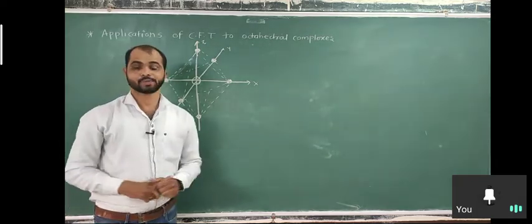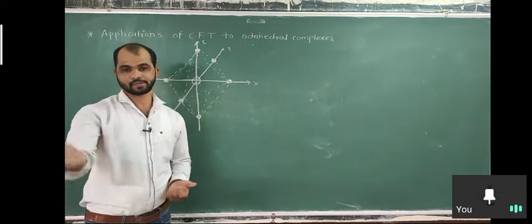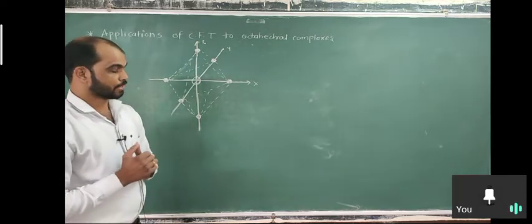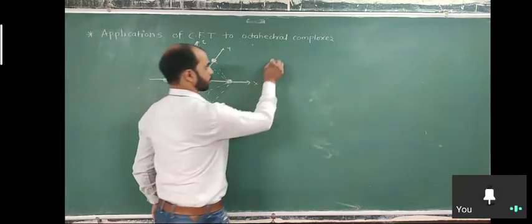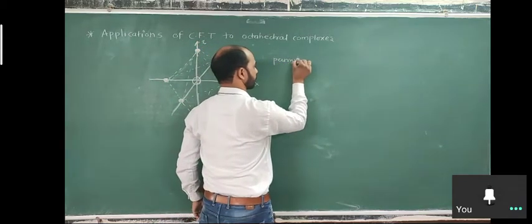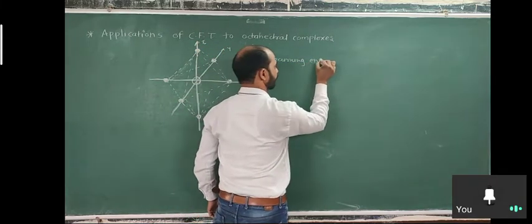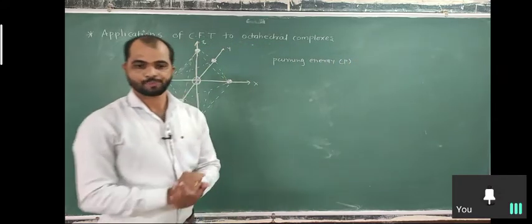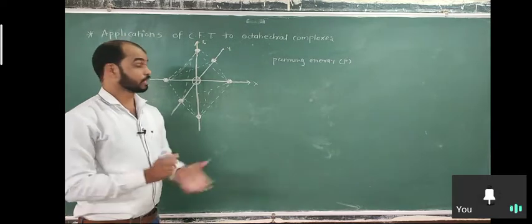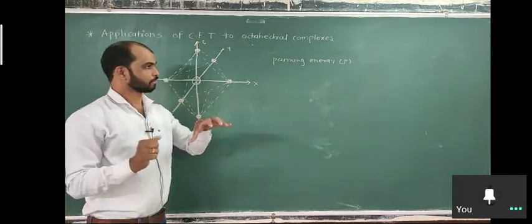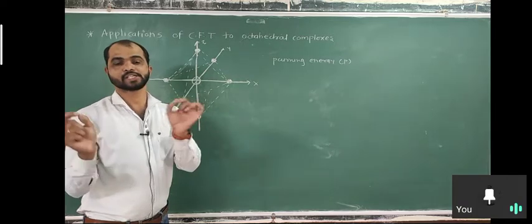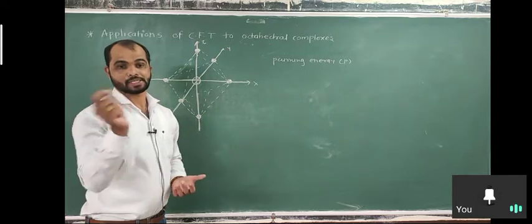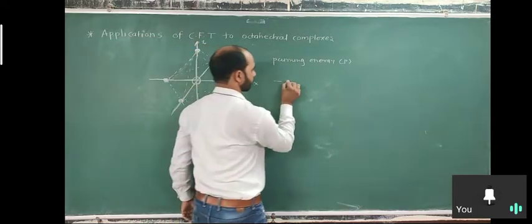So all these things have to be considered when we distribute the electrons, and that is our next point. What is the pairing energy? Pairing energy is denoted as P. It is the energy required to transfer electrons with parallel spin in two degenerate orbitals into the same orbital, or a single orbital. Suppose we have these orbitals.